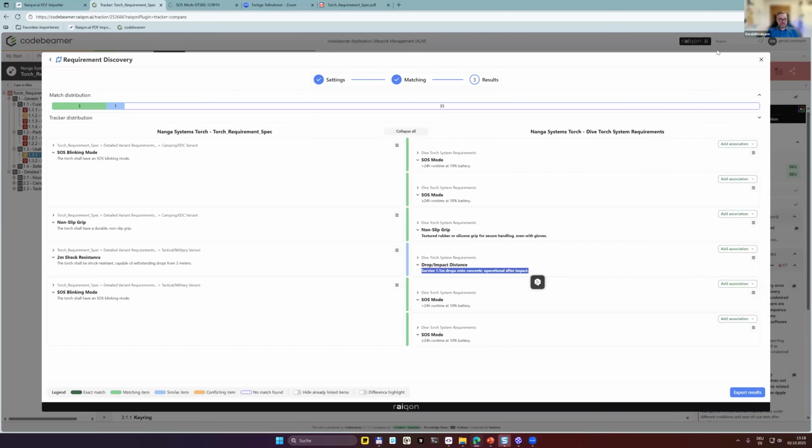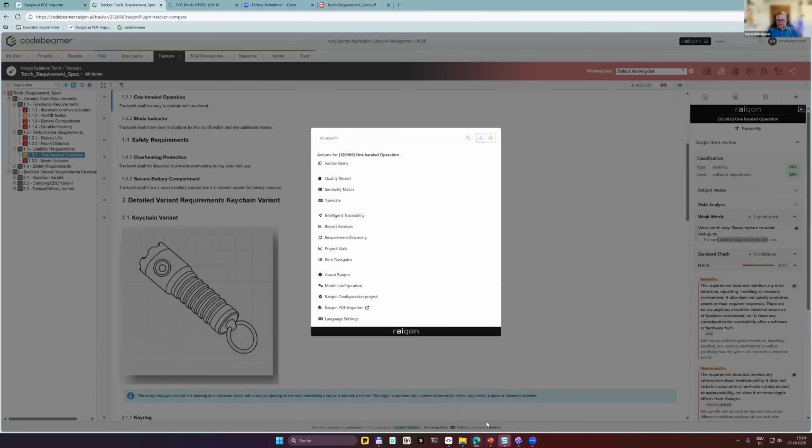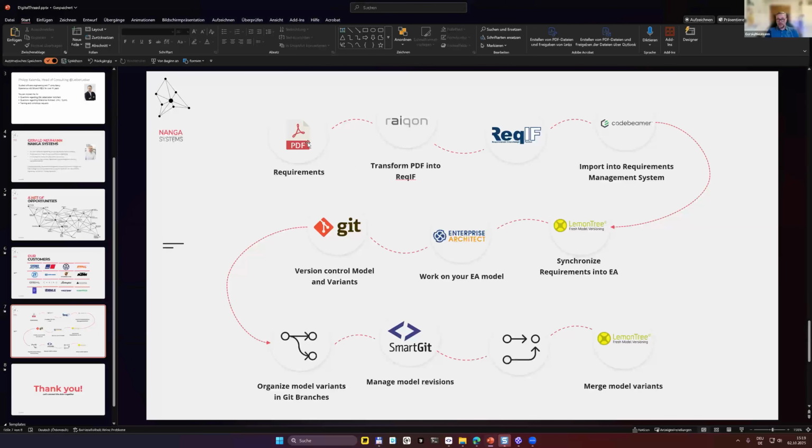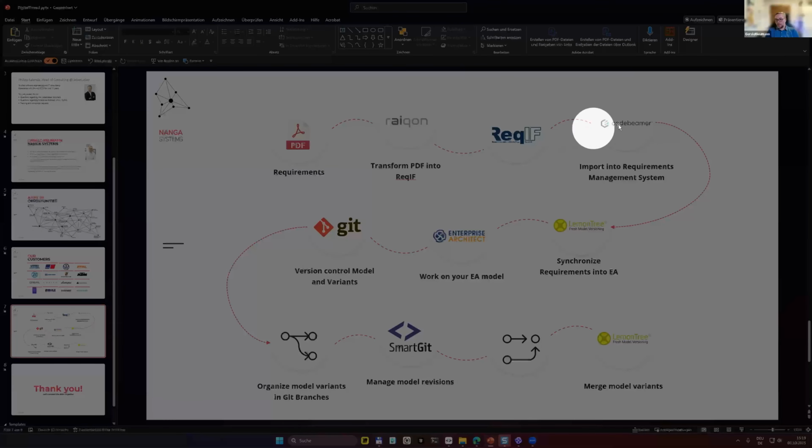Good. As I said, just a quick intro to what you can do with AI-assisted requirements management. Let's go back to our slide. So we have been at requirements. We transformed it into a ReqIF format here. We imported it into CodeBeamer, and the next step would then be to use LemonTree in order to import it